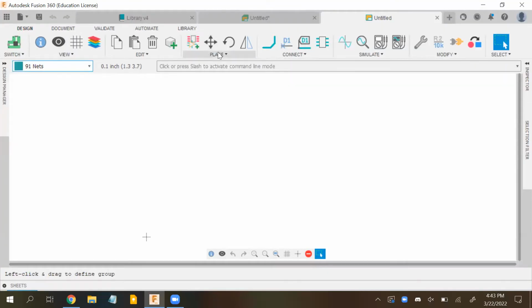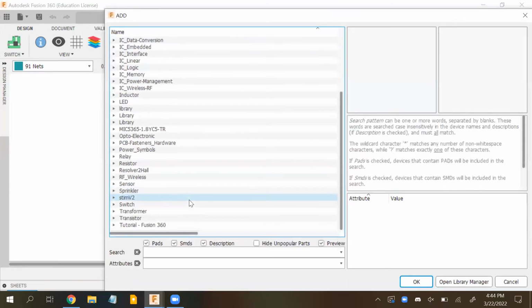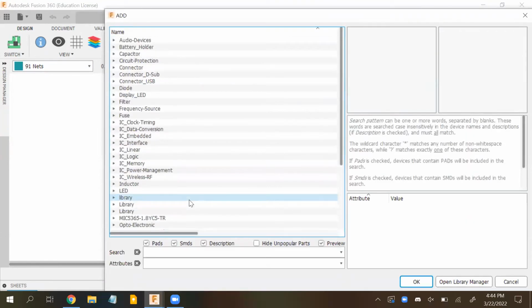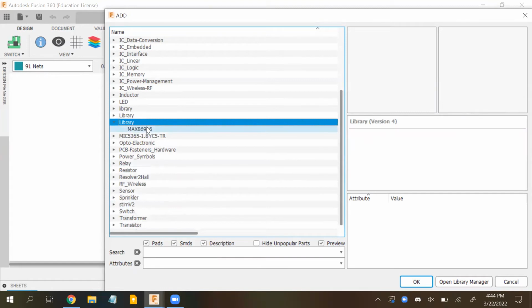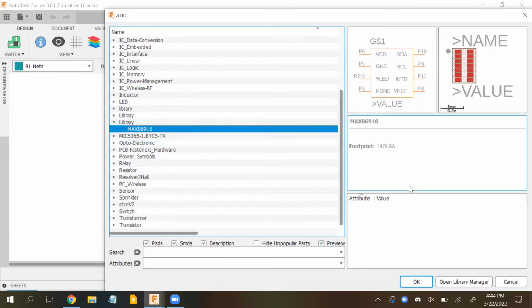So we can go up to the place section and click Add Part. And we'll see a bunch of libraries that are already made and kind of included with Fusion, but we want to go down to the library that we made. So mine was called Library. So this is the part that we made. So I'll just click that and I'll click